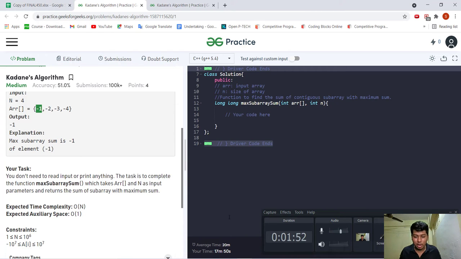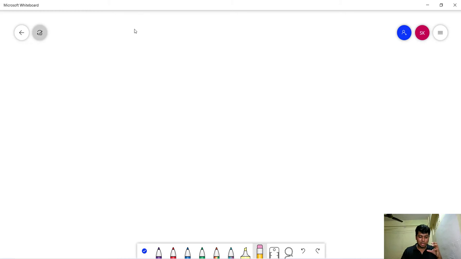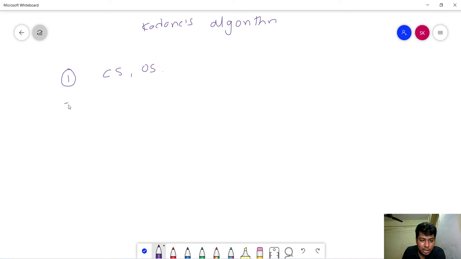Let's start this question. First thing first, let's understand what Kadane's algorithm is and how it works. To understand this algorithm, we need to understand 3 rules. There are two variables called CS and OS, and we need to see how to update CS and how to update OS.